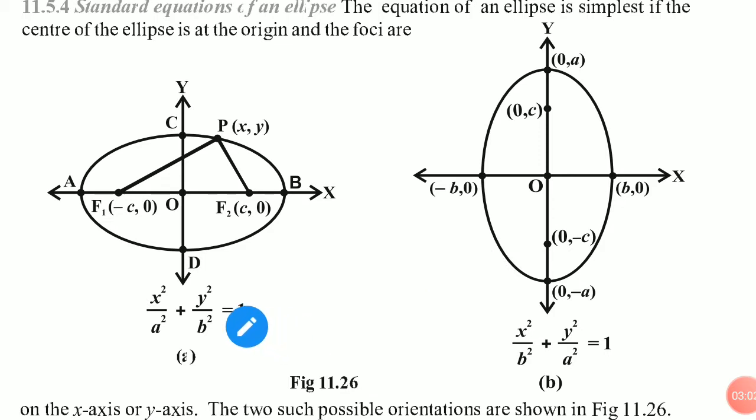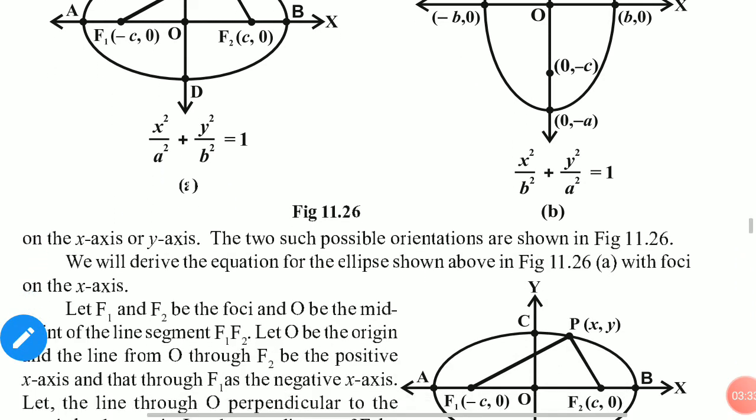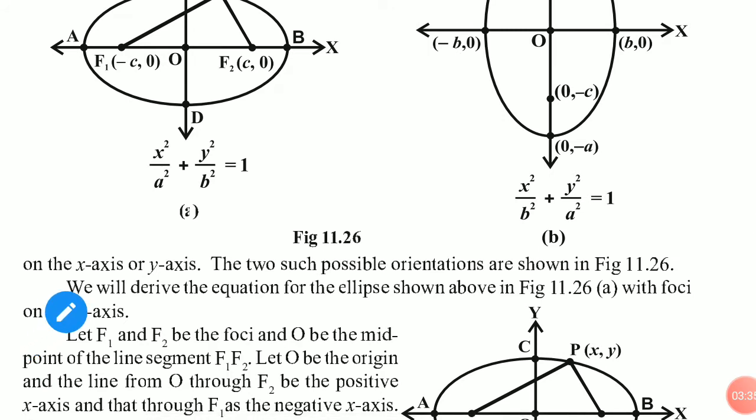In the formula also, x square and y square on top remain the same, only the denominators change. Here a square becomes b square and b square becomes a square. So this is the standard equation for the vertical ellipse, and this is the standard equation for the horizontal ellipse. Now suppose it is given, how will you find this equation? Here that explanation is given. You have to learn how you find both types of equations, which are called the standard equations of an ellipse.